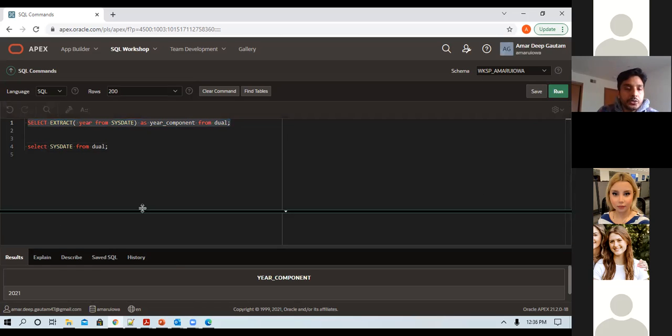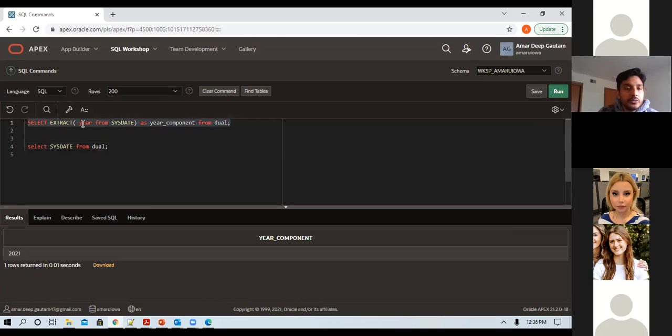So this will give me 2021. It's very easy to do this, right? If we had to do this using a substring function, I'll show you the code, and it's really cumbersome. Suppose you want to extract the month, similarly, if you want to do, let's say, the day.